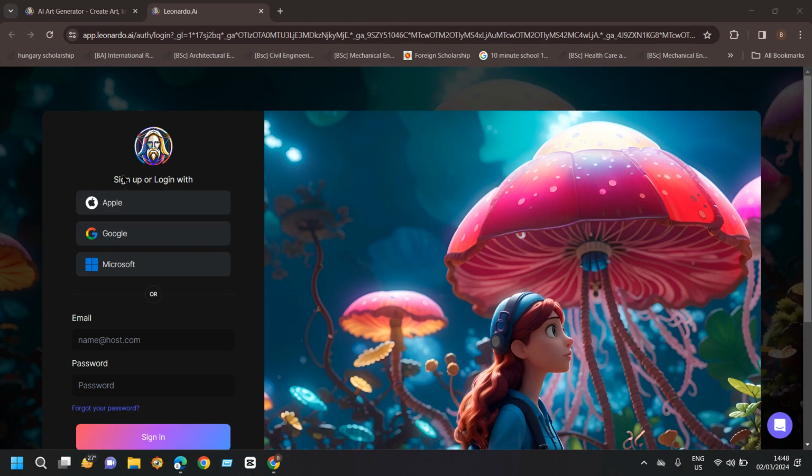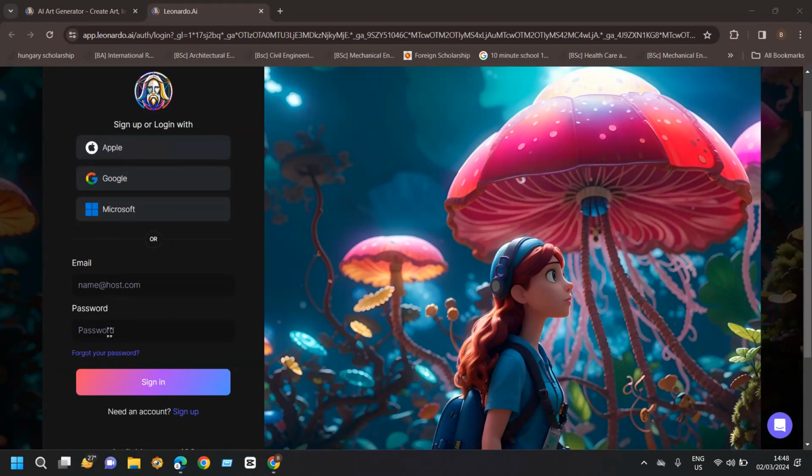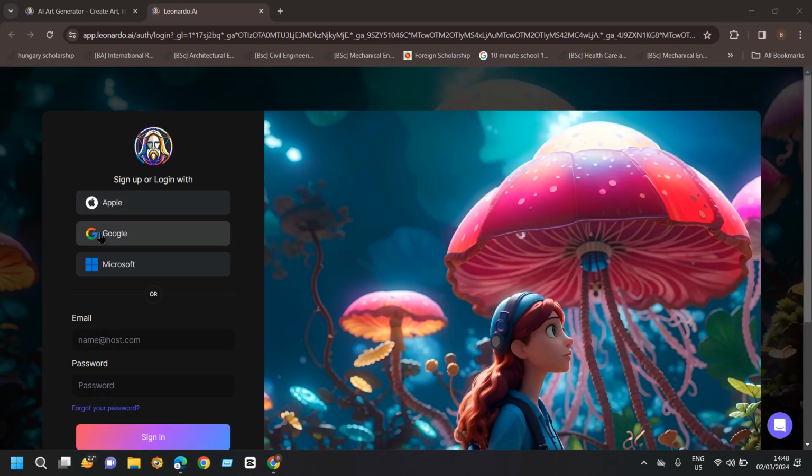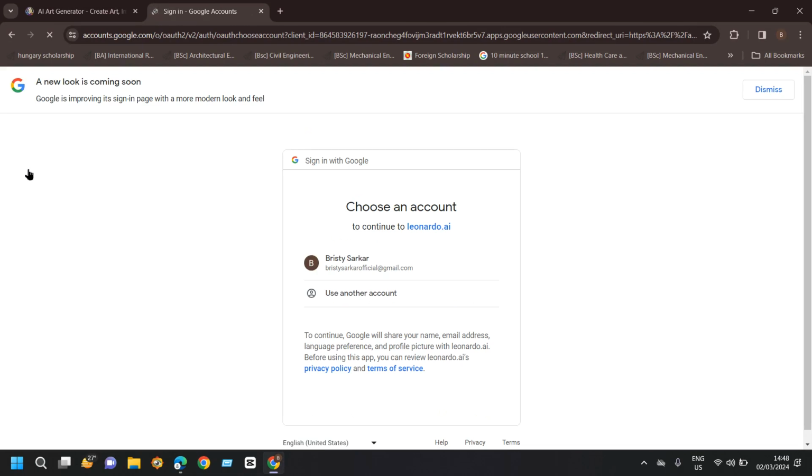Now just tap on create an account. You can sign up with your Apple ID, Google ID, or Microsoft account, and you can even log in with your email and password here. Today I will be using my Google account. Just tap on Google, select your account,